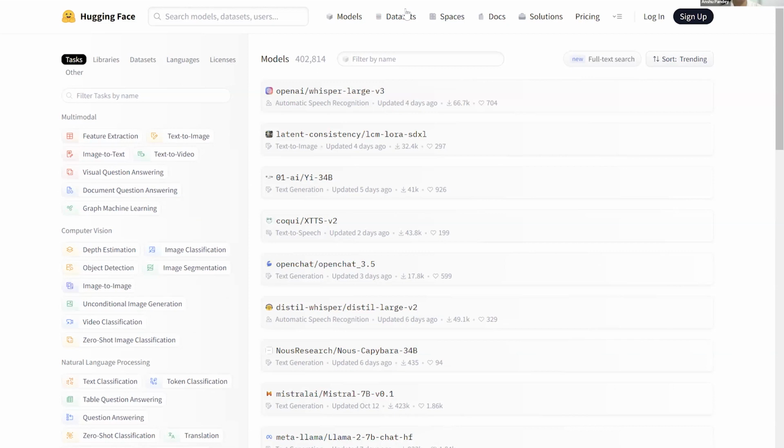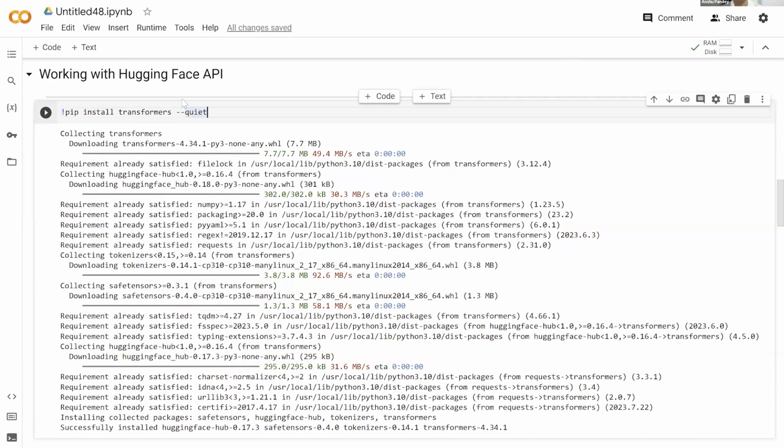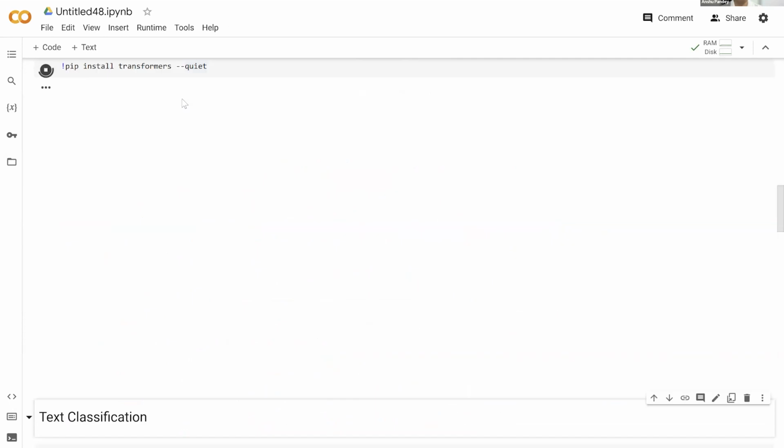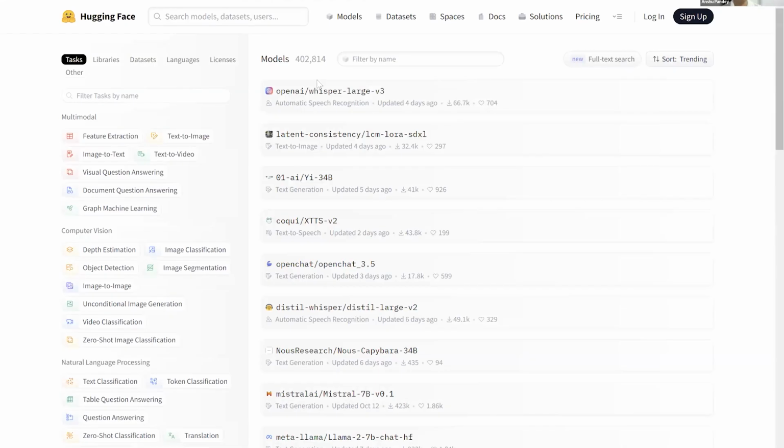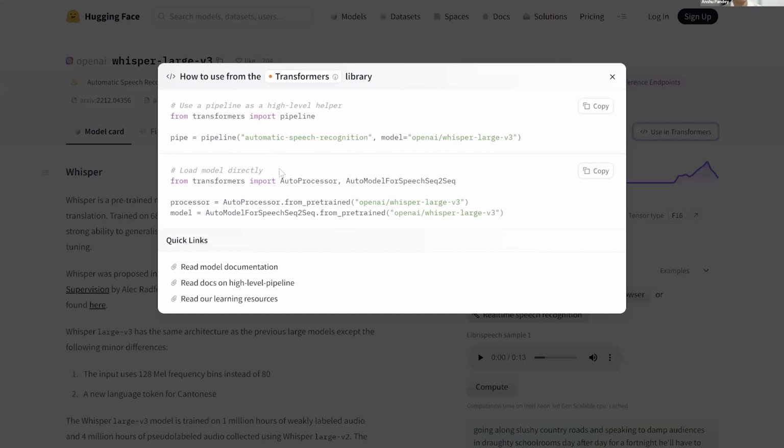An example of using a Hugging Face model could be here. To use a Hugging Face model, we can first install the transformers library. So here we go, and install the transformers library. Hugging Face already provides you multiple options. For example, if I were to use Whisper Large V3, I can go to this model and it provides you pre-written code to access this. For example, if I click on use in Transformers, as you can see, I have pre-written code by which I can access this.